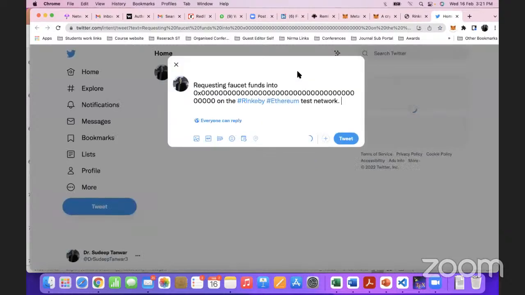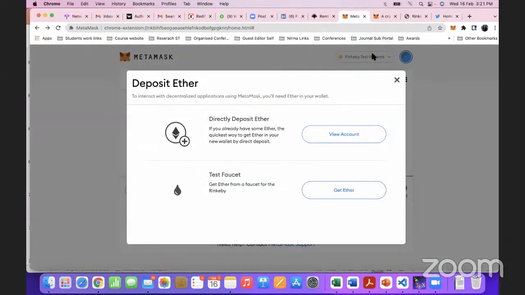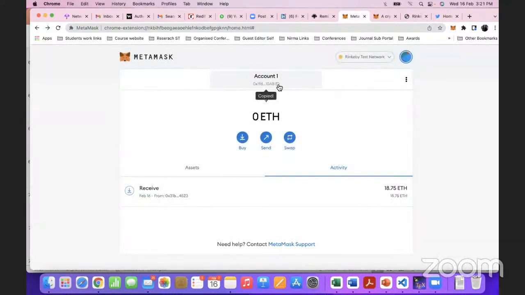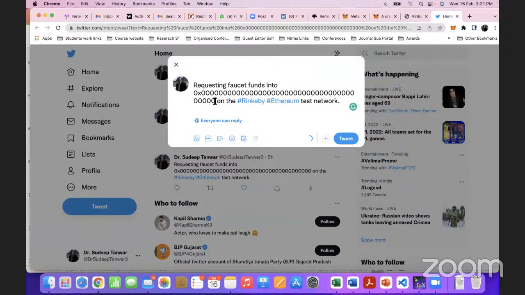After clicking on the tweet, but prior to that, you need to open your MetaMask account. Once you have opened your MetaMask account, you need to copy your MetaMask address. Why is this MetaMask address so important? Because whenever the test network transfers the amount to your account, it definitely needs an account. Like if I want to transfer 50,000 from my account to another account, I need that other account number. So for that purpose, I have copied my account number,